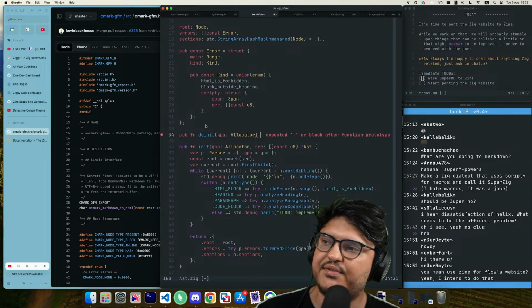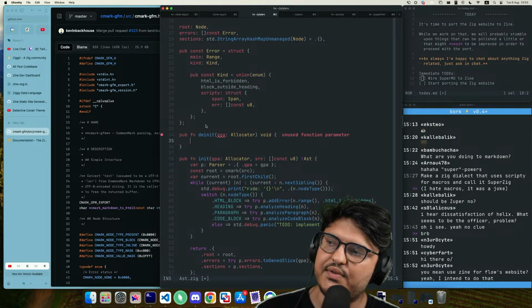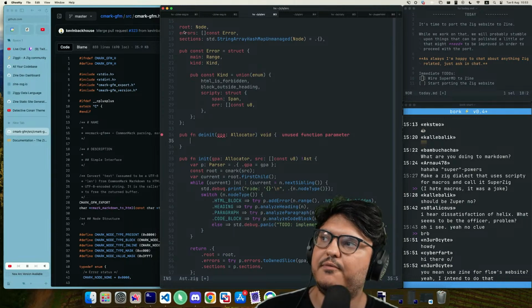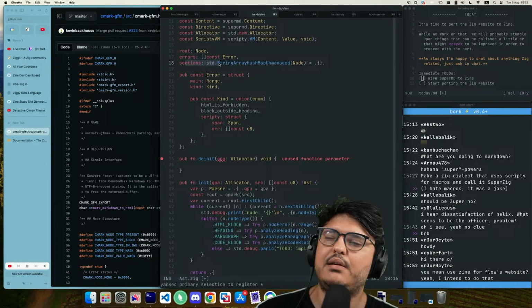But for the memory that gets tracked by Zig, instead we do the correct thing, which is, because we can free, so we can free our errors, we can free our sections, but we still have heap allocated directives.